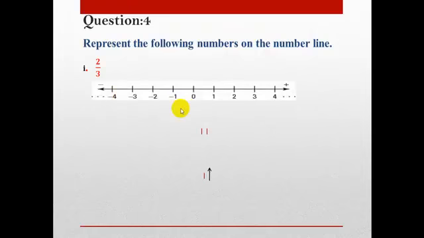How can you draw your number line? Just mark a horizontal line. On the right side are all the positive values, on the left side all the negative values. In the center you will draw a 0.